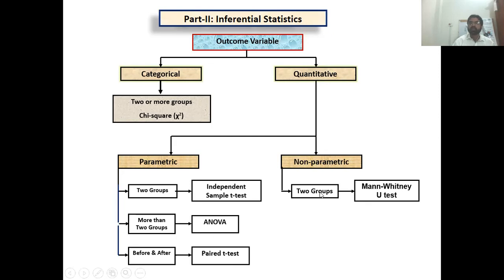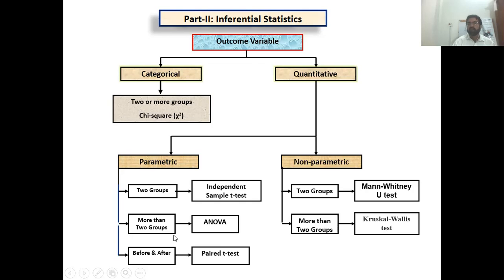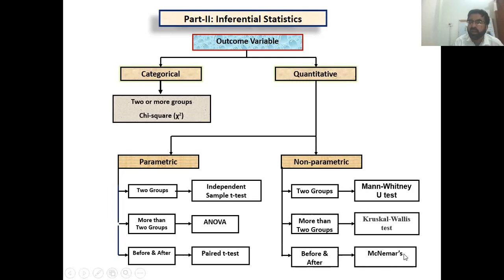So if there are two groups, instead of the independent sample t-test, you have to apply the Mann-Whitney U-test. And if there are more than two groups, instead of ANOVA, one-way analysis of variance, you have to apply the Kruskal-Wallis test. And if you have a before and after sample, instead of the paired sample t-test, you have to apply the Wilcoxon sign rank test. This is not the McNemar test, but you have to apply the Wilcoxon sign rank test. So let me clear it. Here it is written McNemar test,